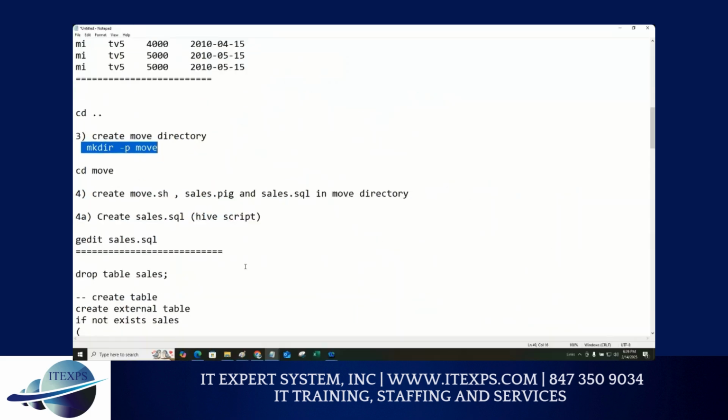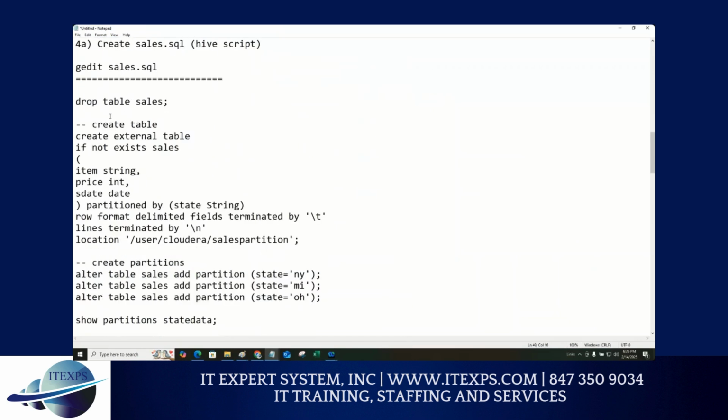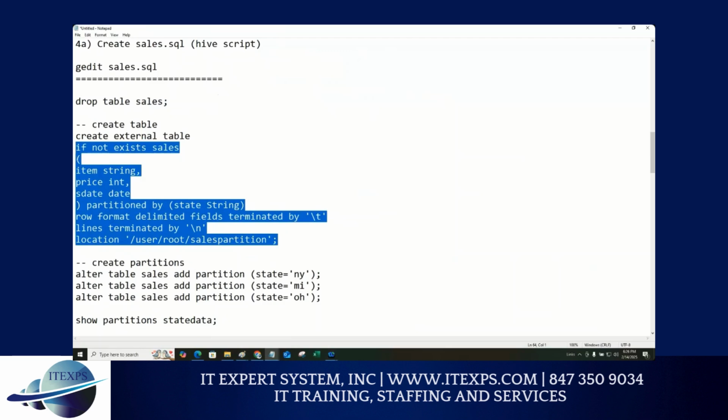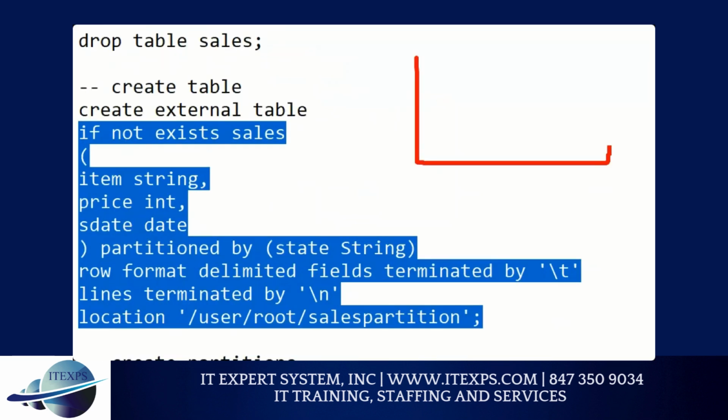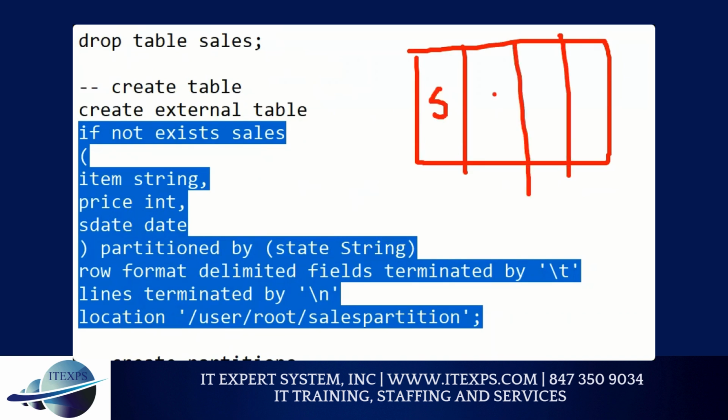Okay. So for now, this is the Hive script. Hive, you are very comfortable with, because first you drop the cells table if it exists, then create it. The location part, we have to change to root. Remember our cells file has 4 columns. The first column was date, the second the item, the third the price, and the fourth the state. So you can see item, price, sales data, and state,